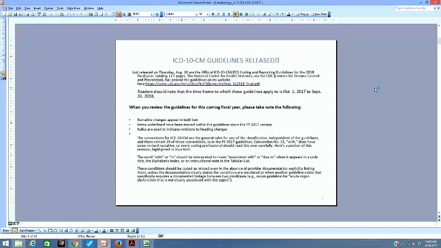So convention number 15, they changed things. The word "with" does have some revised narrative, so you should just make sure you read it over carefully. They changed some words. So the word "with" or "in" is now to